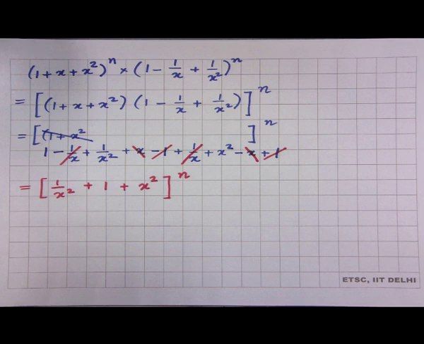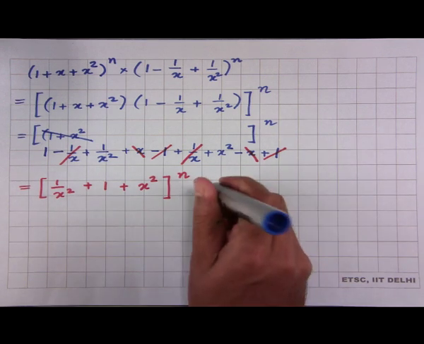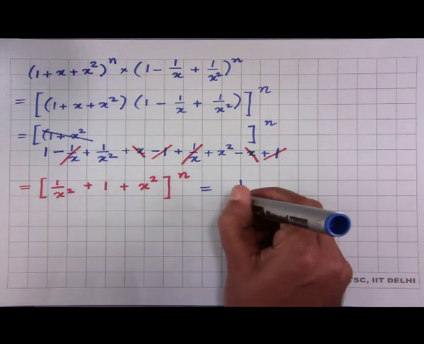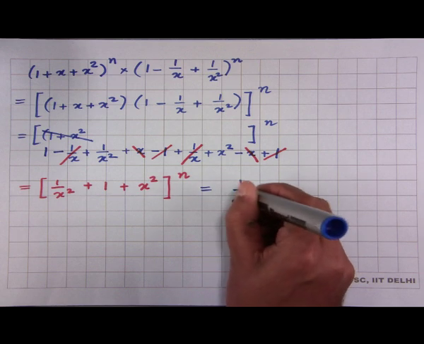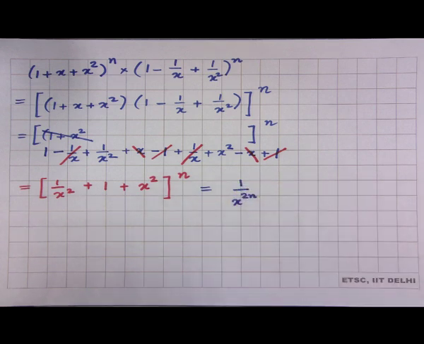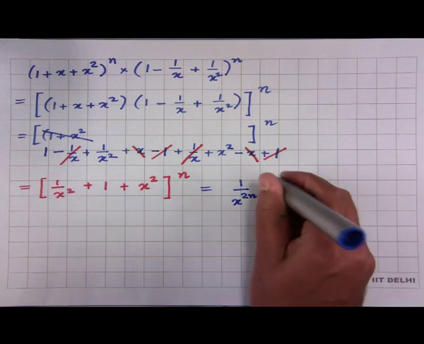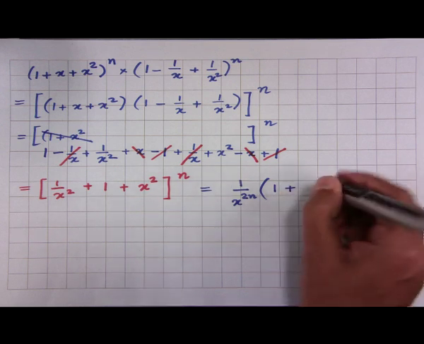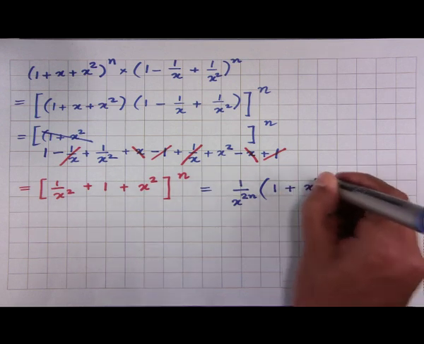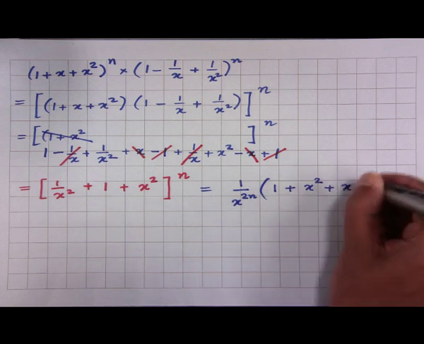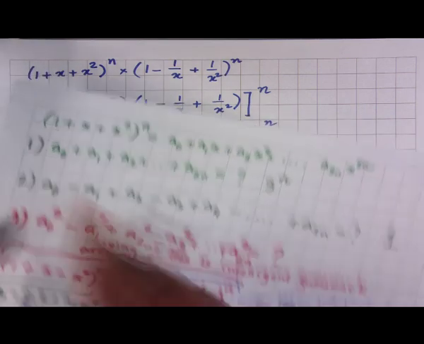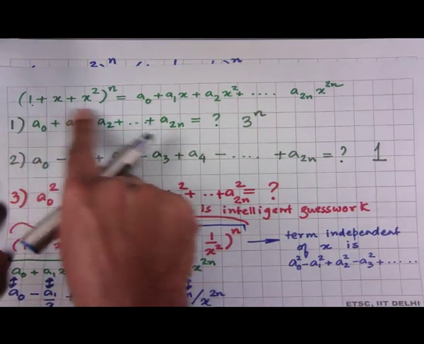It is a little hard to predict what it is going to be unless we take things common outside. So, let us take 1 by x power 2n common outside, and then what remains is a 1 plus x squared plus x power 4 whole power n, and I have got it in the same format,